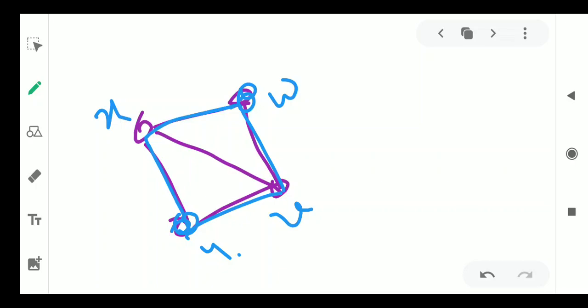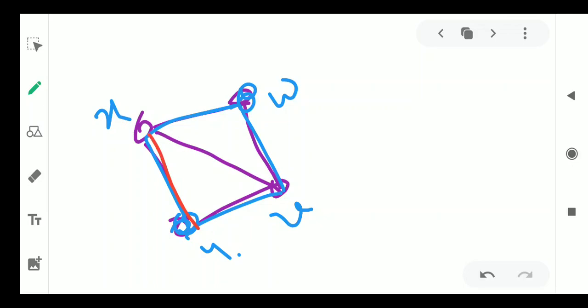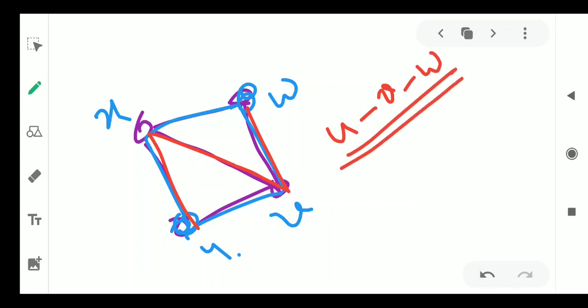There is another path, u to x, then here, then here. That is not a shortest path because the length is 3. So there are 2 shortest paths: u, then I can move to v, I can reach w. So that is a u-w path. Similarly, I can go u to x and w. That's also a shortest path. So anyhow, length is 2, one edge here, one edge here. So d(u,w)